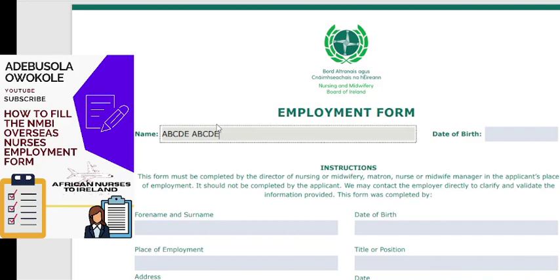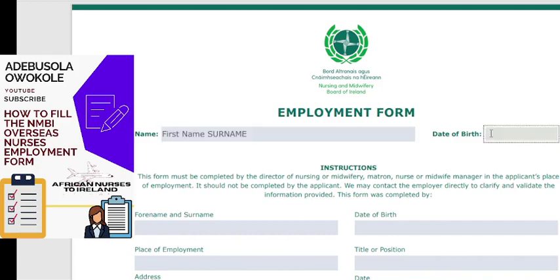So that is your full name, first in Ireland. That is always first name. The first name comes first before any other thing if you are filling any form, and your last name comes next. Okay, your surname. So in Ireland or European applications, always the first name starts first and your last name or your surname comes last. Okay, so on your employment form, your date of birth is going to be